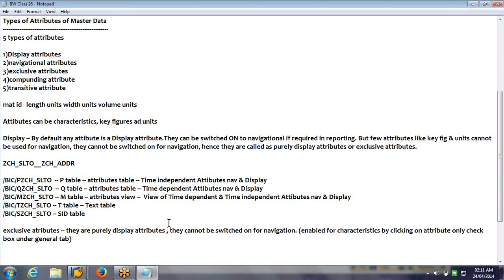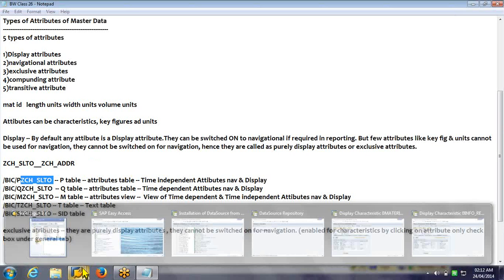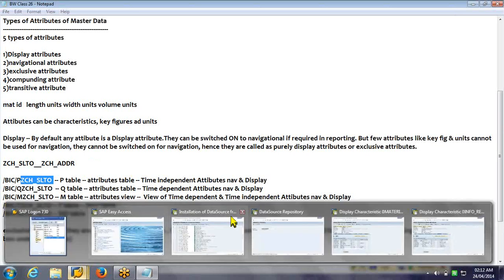Okay, then different tables I showed you, right? What all tables are being created when different types of attributes we are using. Now, before talking about navigational attribute, let us see the display attribute.